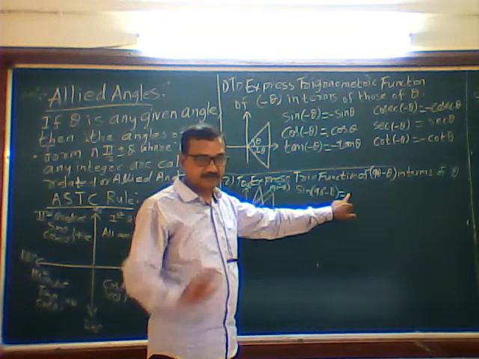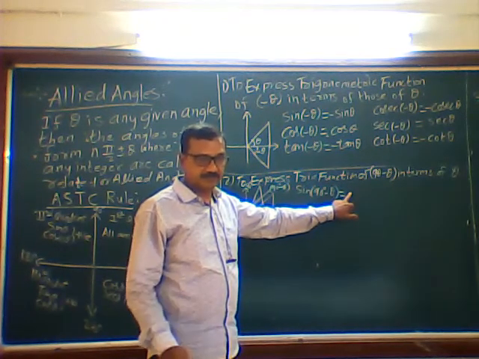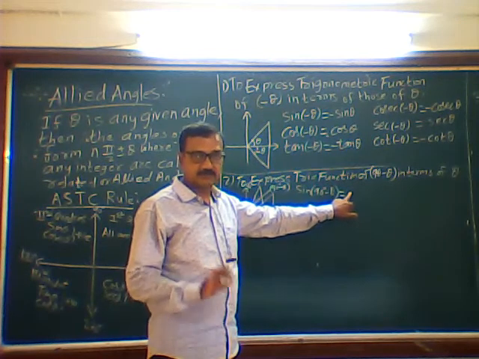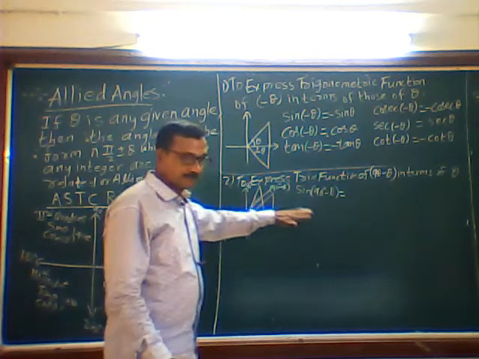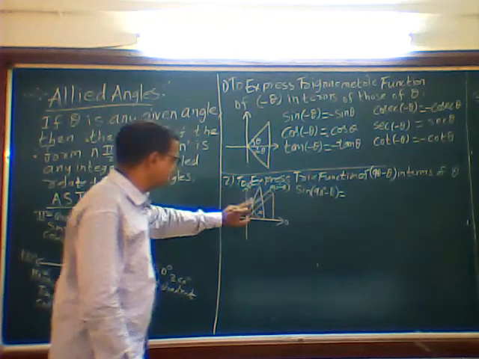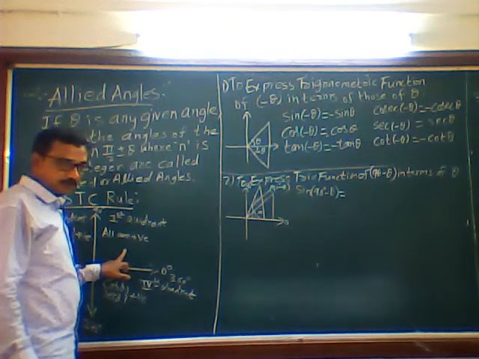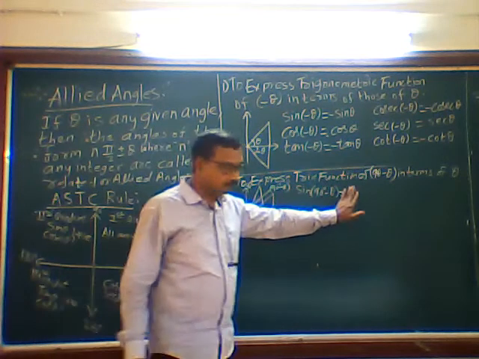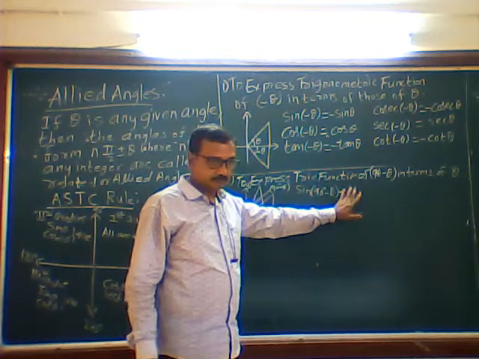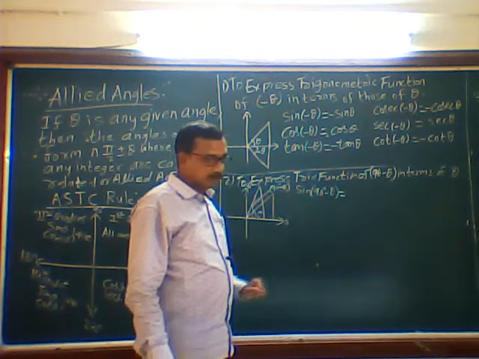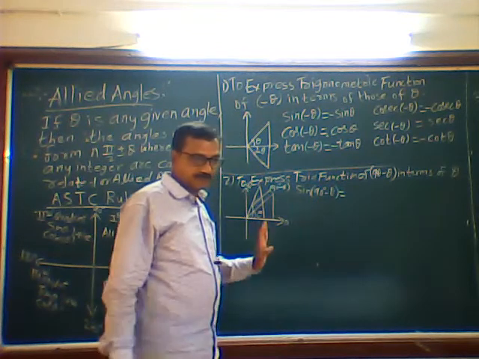When plus is there we don't write it. When negative is there we write it. We are not writing it, so it is understood it is plus. So first what we are doing, for 90 minus theta we are checking in which quadrant it is, first quadrant. According to this all are positive. So positive. Then you are in first quadrant, okay, sign is okay.